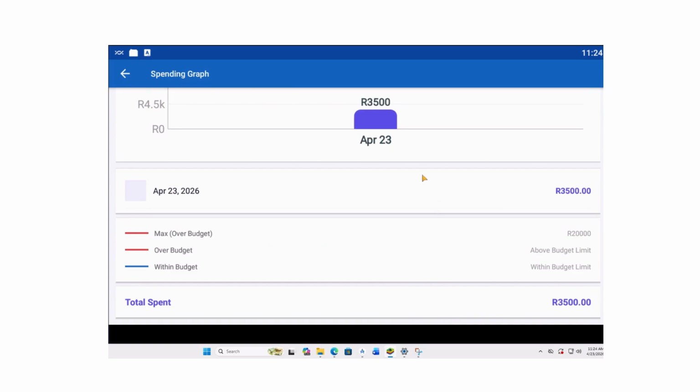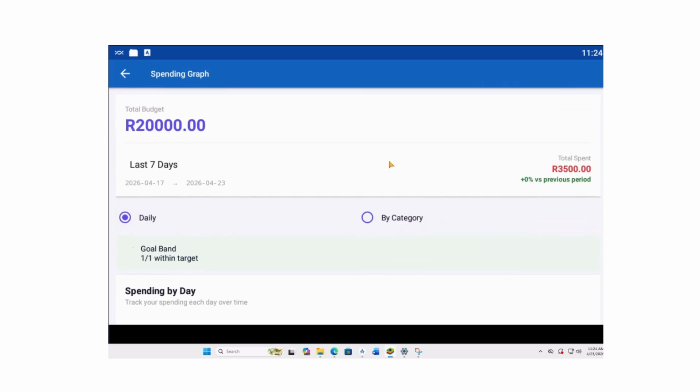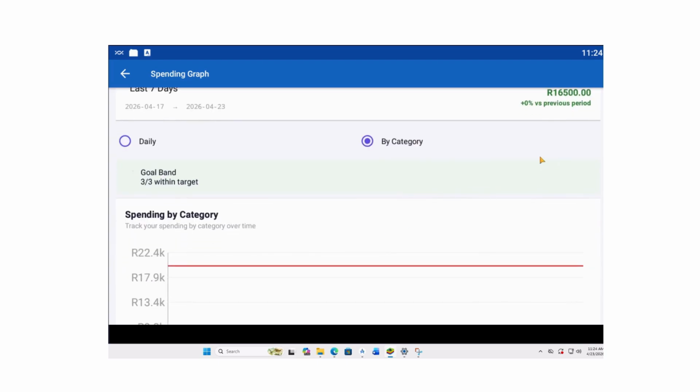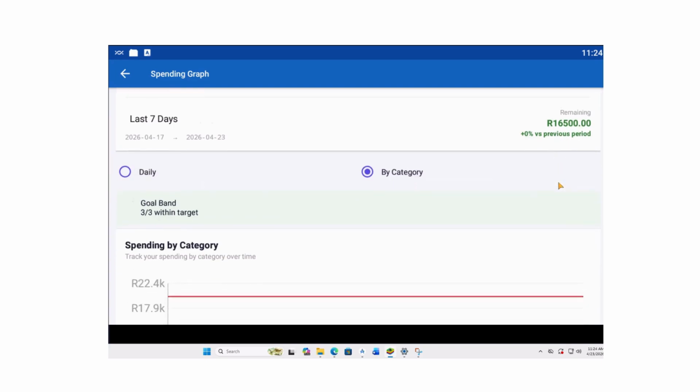In our graph section, this statistically shows you how much money you spent on a specific category or multiple categories, whether you spend it daily, whatever, it really doesn't matter. It's all simplistic. Right here we have this graph over here indicating our